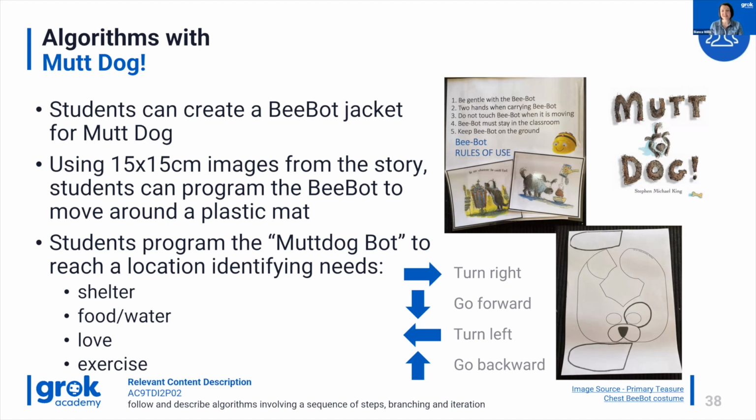So this is a fun activity that you can do as part of this project. Students can be encouraged to create a Bee-Bot costume or jacket for their pet. So perhaps that's a pet rabbit or a cat or a goldfish. They can then create their own 15 by 15 centimetre square, identifying their pet needs. So for example, if they have a pet goldfish, they might like to draw a picture of fish food on one square, a picture of their pet's fish tank on another, and then code the Bee-Bot to move to the